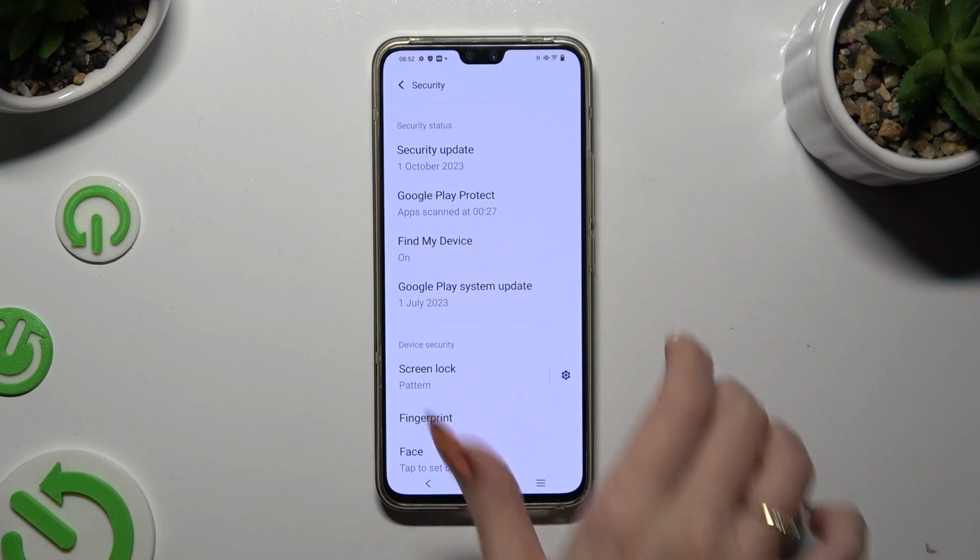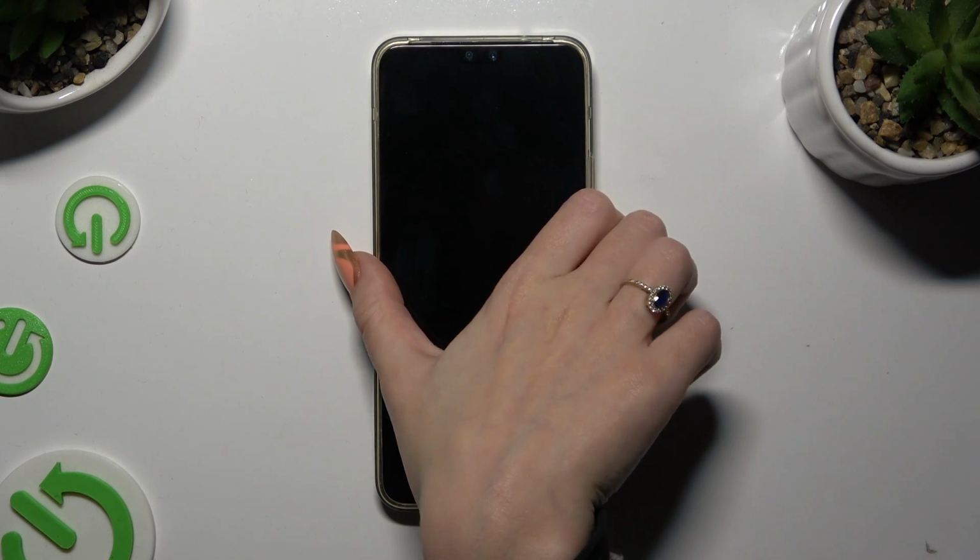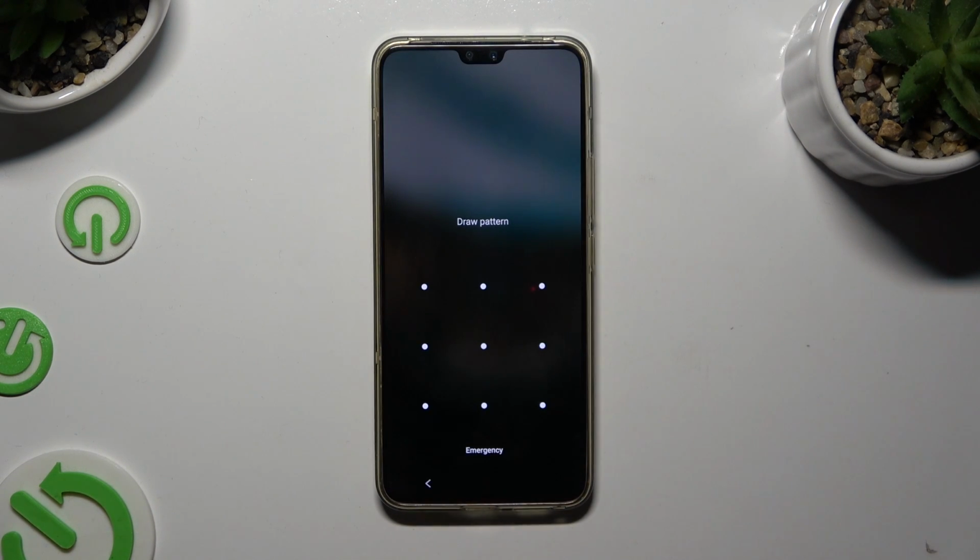So finally, when I switch off my screen, then turn it back on, I can see that pattern is now